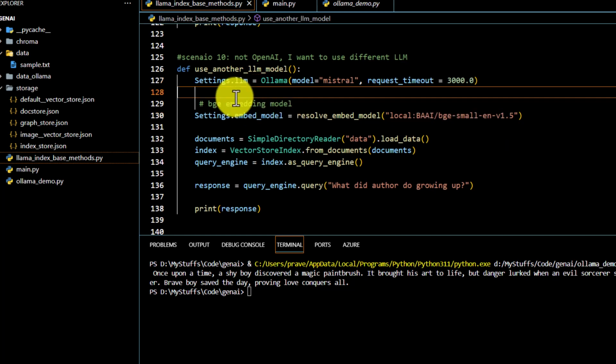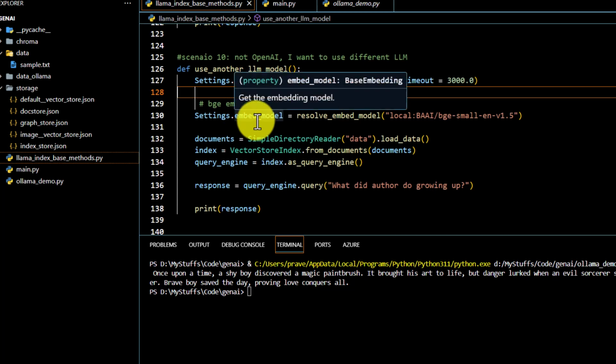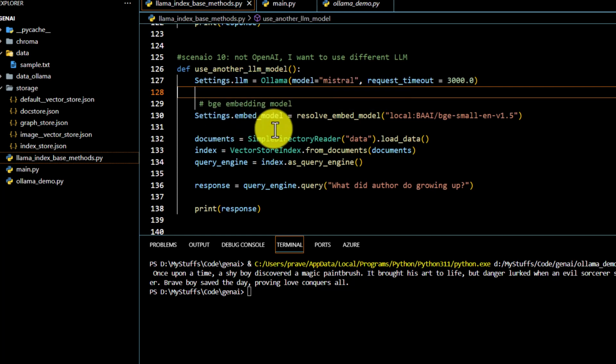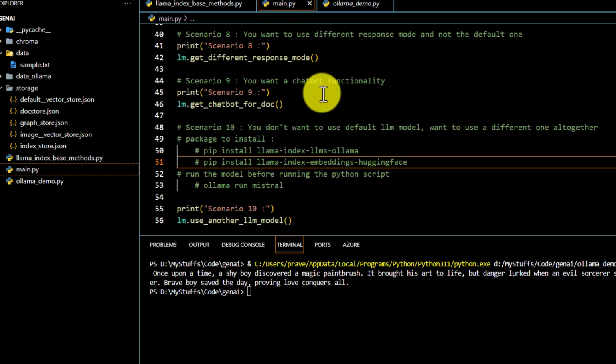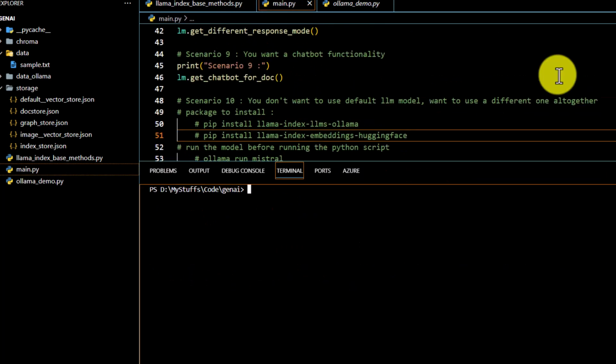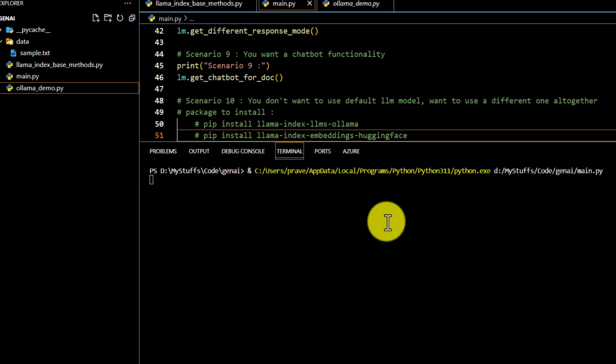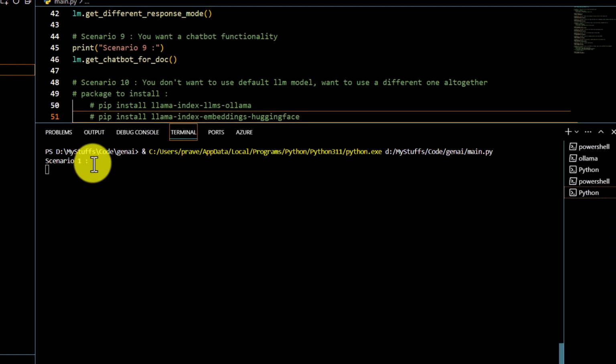Now, because we are using the Settings parameters to set up our LLM and embed model, it is going to replace the default LLM models, and it is going to use this particular LLM and embedding because we have defined it as a global parameter. So the rest of the steps are going to be the same. Now let me run all these programs one by one, and we can compare the output from all these scenarios. So let me run this main.py, and scenario 1 is our basic